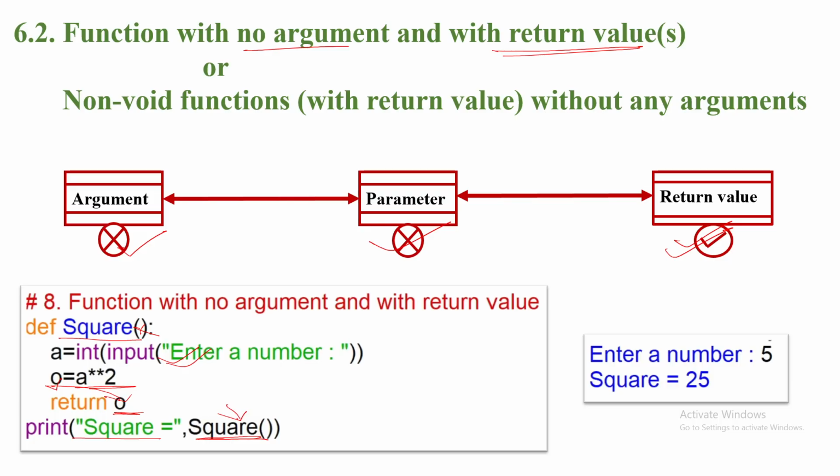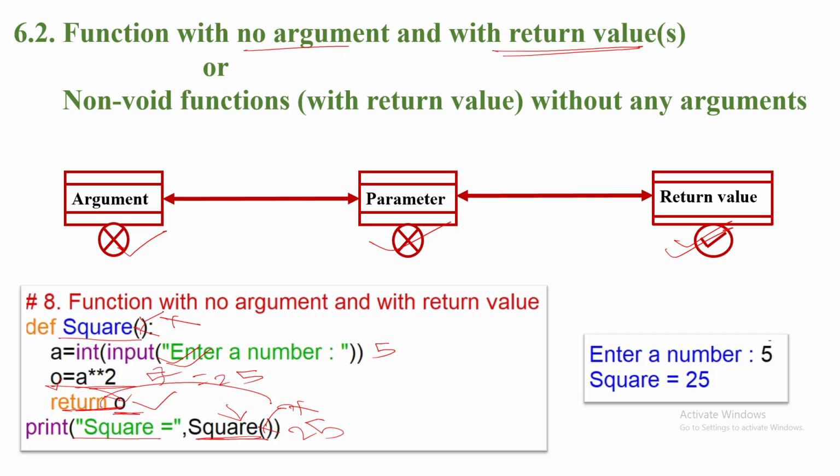Function calling inside of the print command with no argument. So that's why no argument passing, no parameter receiving, but returning the sum value. So "square equal to 25" it will generate, because we enter a number 5. This one, then 5 square, the O value is 25, and this returning O value,